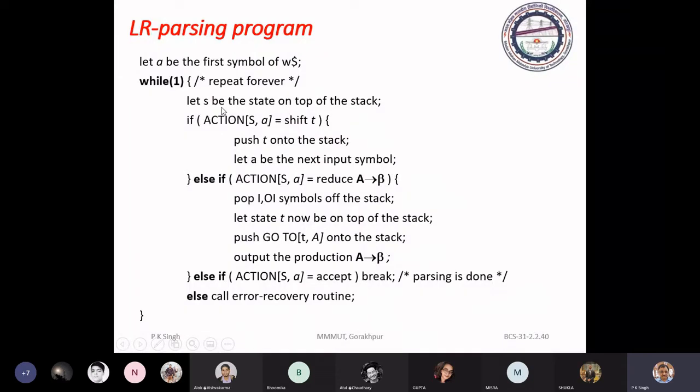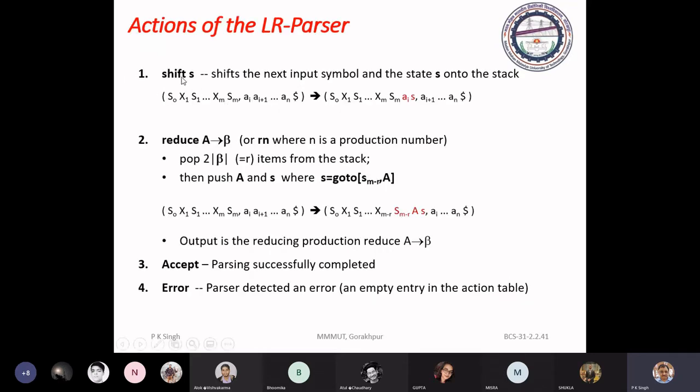It checks the current input symbol pointed by the input pointer and the state on top of the stack. On the basis of that, it consults the action field. And there may be these four possible actions: shift S, reduce by a particular production, accept, and error.